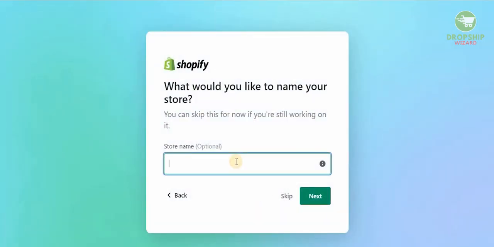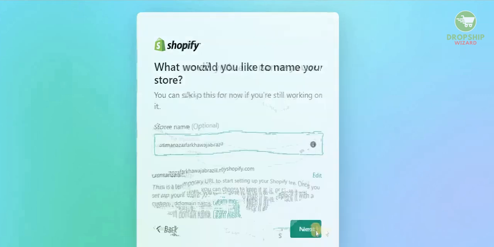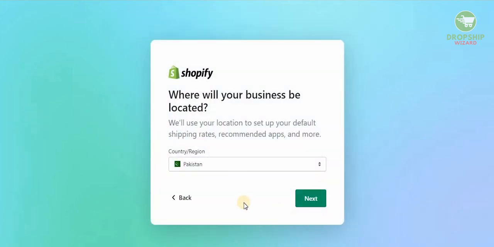Once you've selected it, you have to select the name for your store. So we're going to make sure that we do our research before you select the right name for your store. And that is the reason I always mention to individuals to select a name that reflects the quality of your store and what you are planning to sell. And guys, make sure that you do your research and look at the competition before you select any name. But for this video, we're just gonna go with this example and click on next.